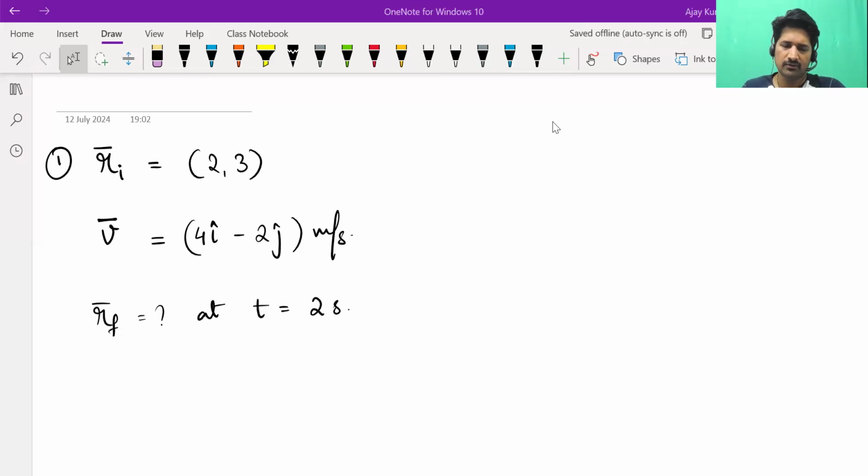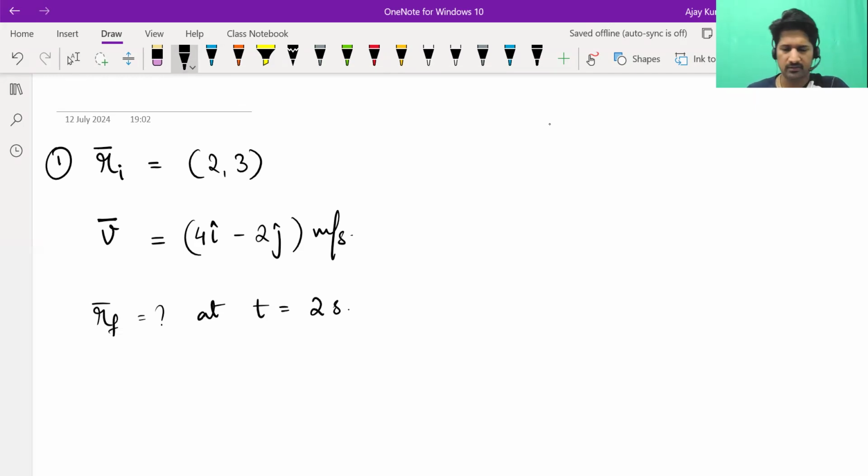Yes, sir. So if the velocity always remains the same, do you think the average value will also be 4 i cap minus 2 j cap only or not? Yes, sir. It's a quantity which is not changing. If a quantity does not change, the instantaneous value and the average value will be the same. I'm telling this to all of you, not just Pawan. Since the velocity is constant, you can take it as instantaneous velocity. You can even take it as average velocity. Doesn't matter. If a quantity remains constant, the average value will be equal to that constant value only.